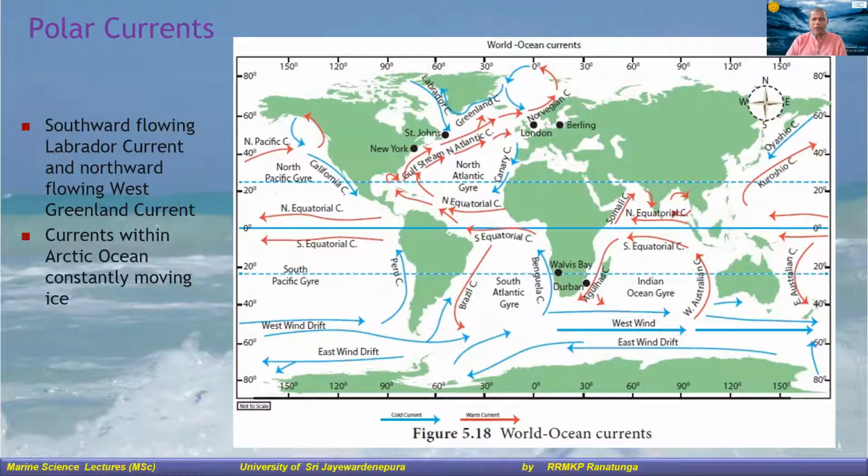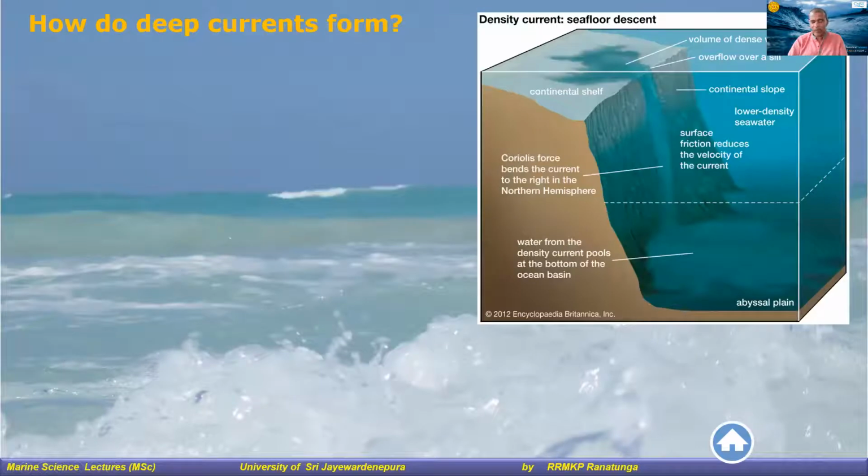So far what we discussed is about the surface currents. That's mainly because of the wind and also the thermal expansion, especially in the tropical region. Now the next thing is the deep water current. How can this happen? As I already discussed, deep water currents should be mainly because of density differences. If there are density differences, then the water can move from bottom up or from top to bottom.